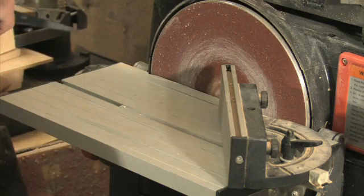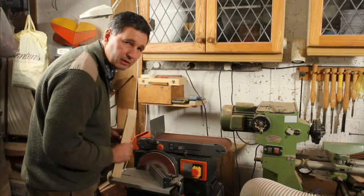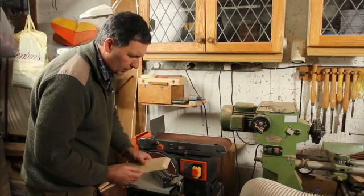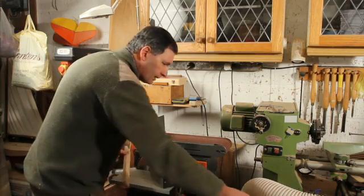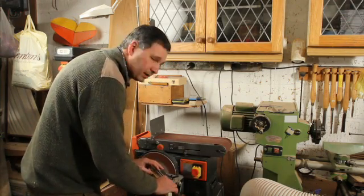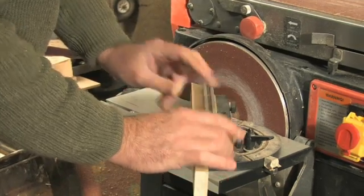Now, to double check, something I like to do before cutting the final piece is to rough cut a couple of bevels on the table saw and then make a test cut on the sander just to check the settings. So if I put the extractor on,